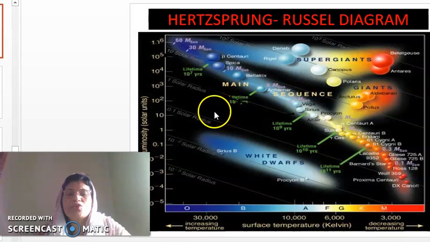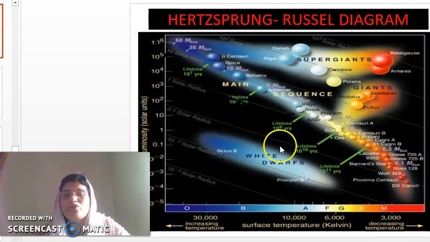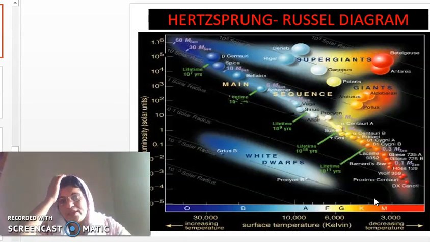And there is a lot of dark space in between the main sequence, white dwarfs and giants. This is the usual representation of stars in the HR diagram.